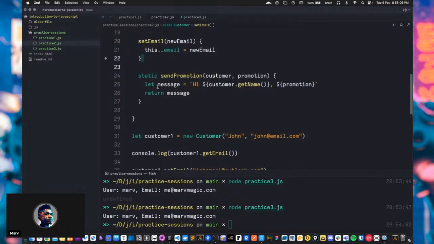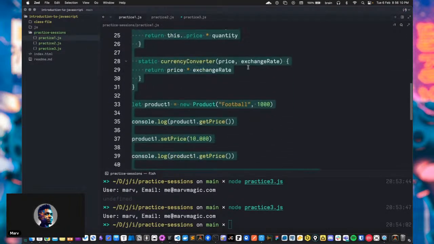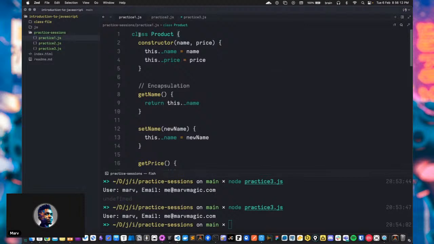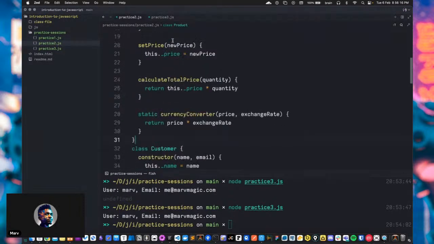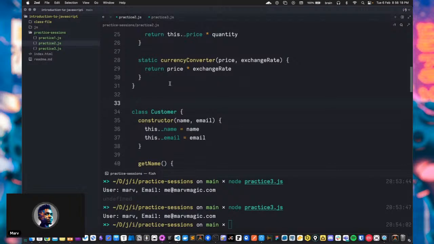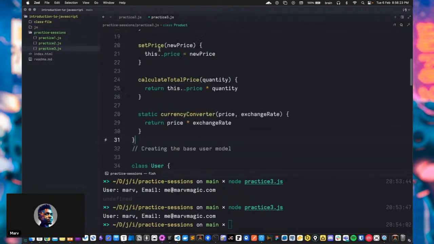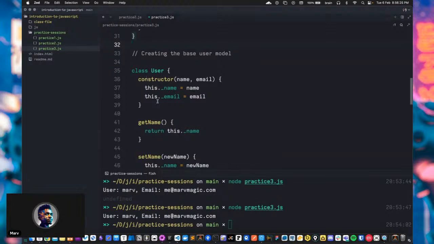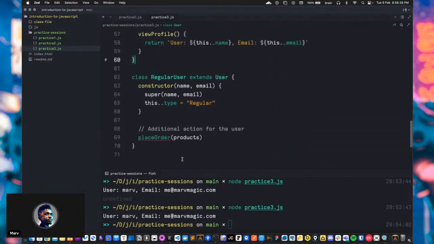So let's just go in here. Let's just look at what we have. We have this for the product. We can just copy this, right? We can just copy this from here. For now, let's just paste it in here. So we have the customer, then we have our user. So our user should be able to place order, that's the regular user, and our order should be a product,